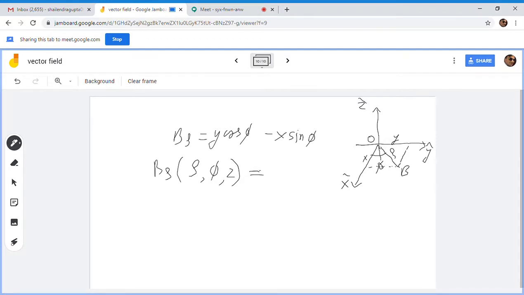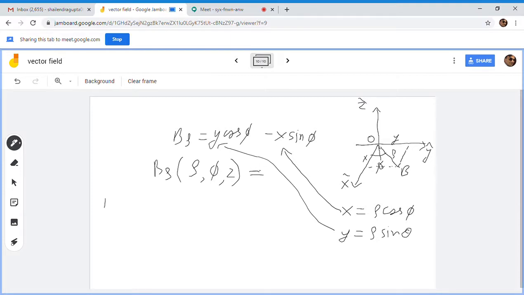Okay, let me write it nicely. This is rho. So we can relate our y in terms of rho and phi. Here, we can write x to be rho cos phi and y to be rho sin phi, by using your right angle triangle equations. So we can put that in here.